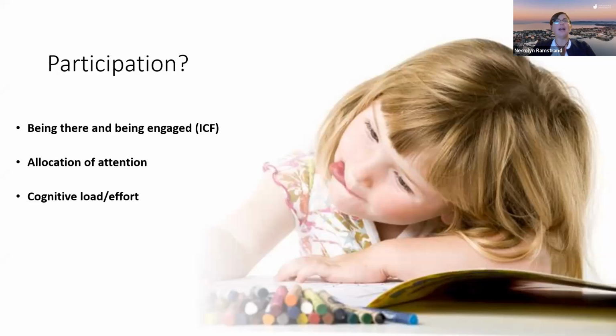So I started to think about, okay, well, how can we measure this, and how might it be of interest within prosthetics and orthotics, and it's about allocation of attention. Where is my attention, and how much attentional demand does an activity take to perform? And that's where we start talking physiologically about what's happening in the brain. And in the brain, when we talk about attention, or that we need to think about something a lot when we're performing an activity, physiologically we would call it cognitive load. So there is increased activity in a part of the brain, and what we perceive that as being, the individual would describe that as being effort. So we talk about effort and attention a lot in this type of literature.